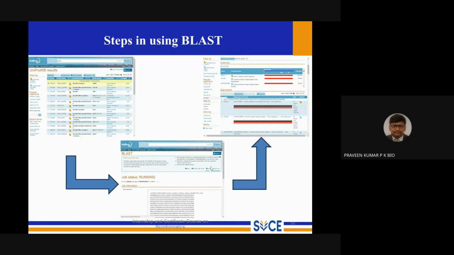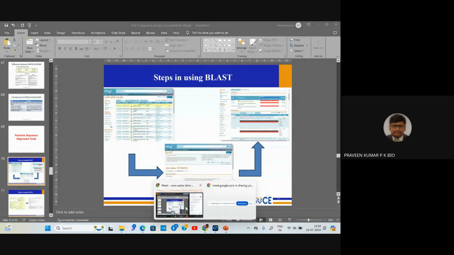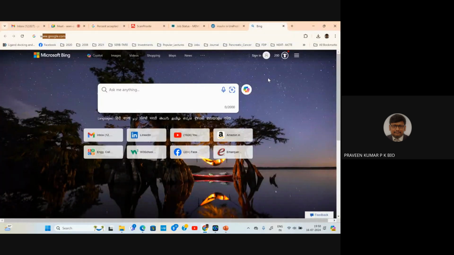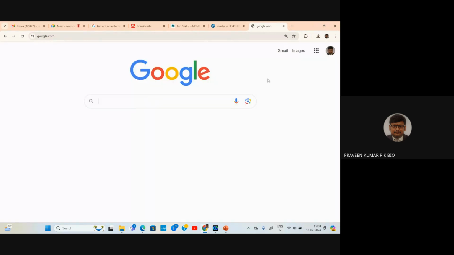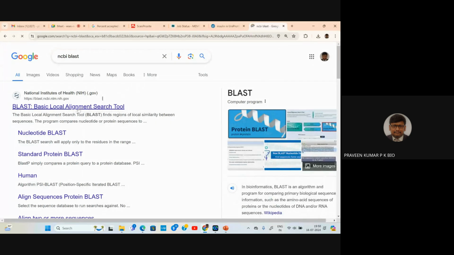So what is BLAST actually? BLAST is actually a basic local alignment search tool. Let us go to the website and discuss more about this. By default, many people try to use NCBI BLAST. So if you go to this URL